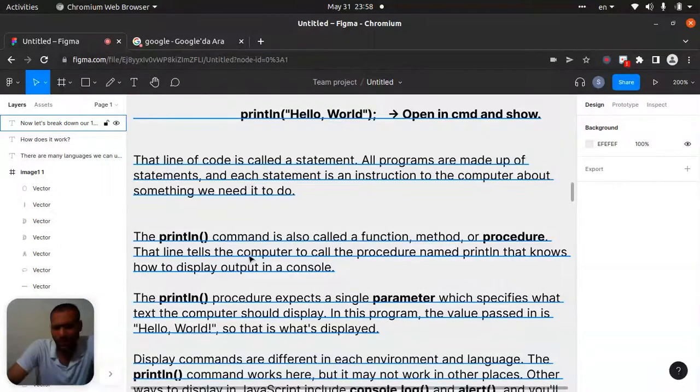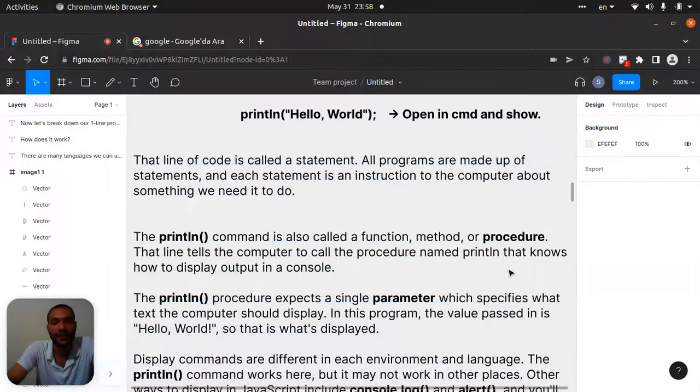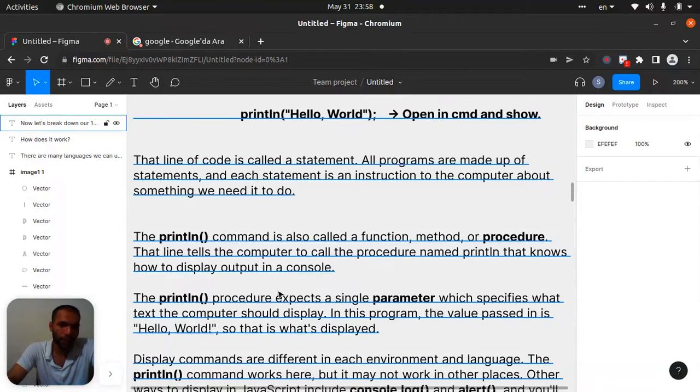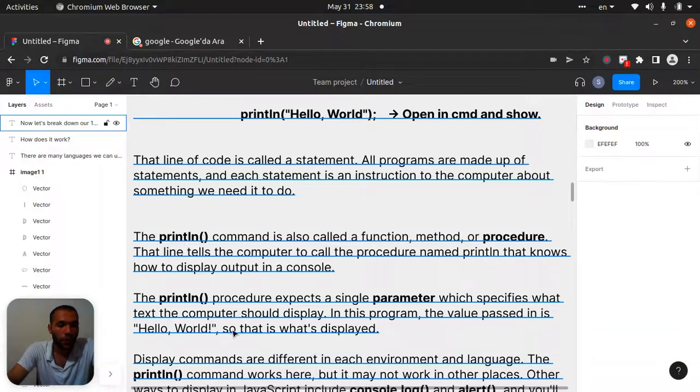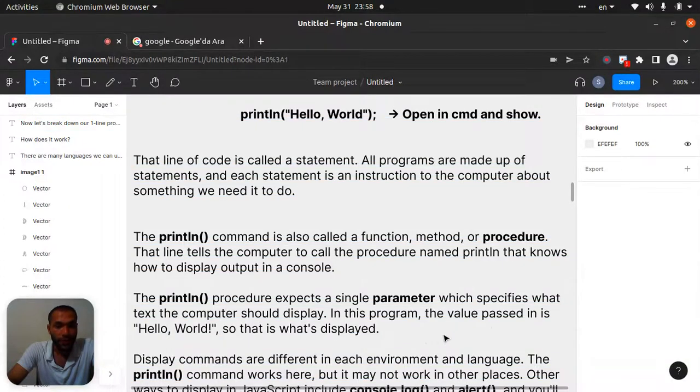Let's say the println or console.log or alert command is also called a function, method, or procedure. That line tells the computer to call the procedure named println that knows how to display output in a console. The println or console.log procedure expects a single parameter which specifies what text the computer should display. The value passed in is hello world, so that is what's displayed.